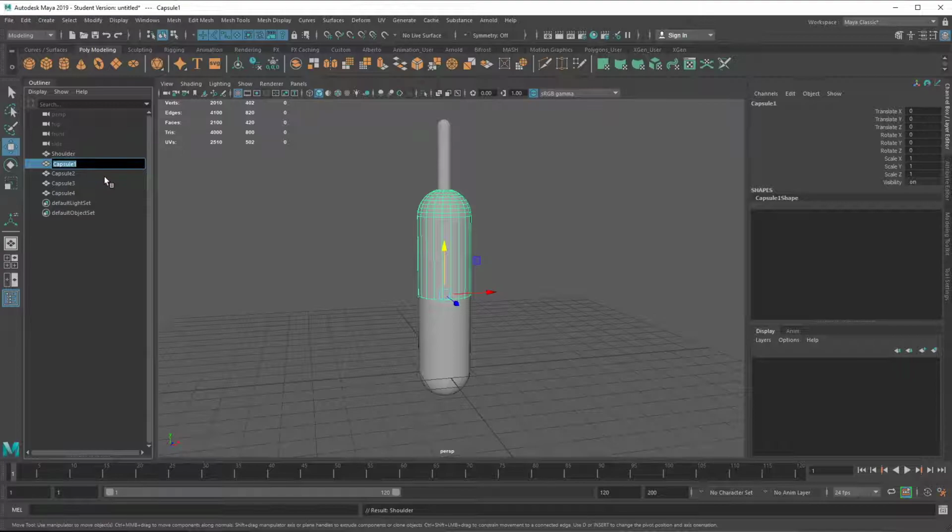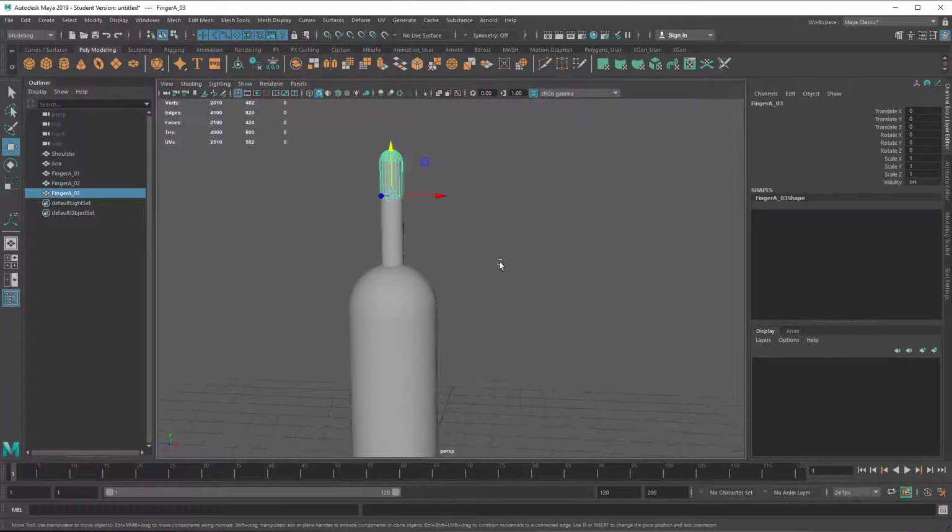This one here is arm. This one here is going to be finger A underscore 01. This one is going to be finger, actually A underscore 02. This one is going to be finger A underscore 03. Sorry. Okay, so now another way that I can create my hierarchy, not only just selecting this and pressing P,